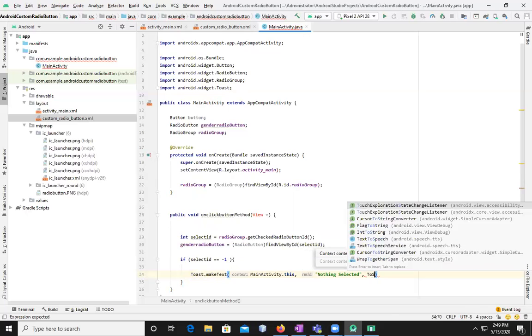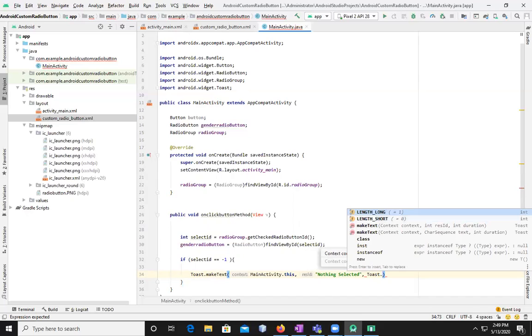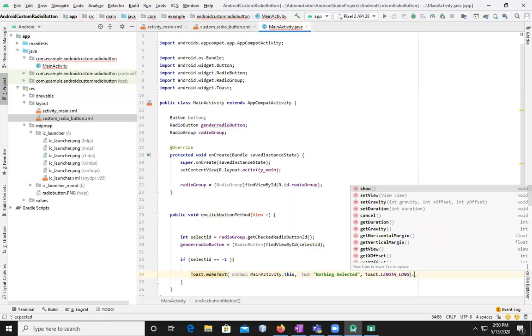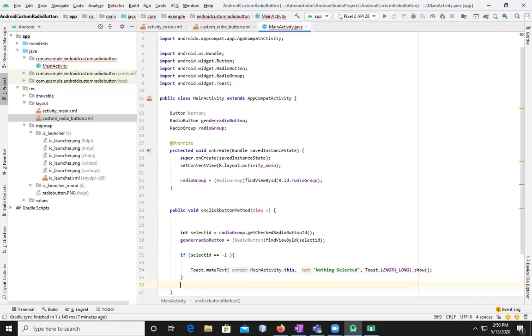And then if you have to choose the time of the toast, we use Toast.LENGTH. If you want the notification to be displayed for a longer time, we can use LENGTH_LONG. Otherwise, we can use LENGTH_SHORT, but I will use LENGTH_LONG. And then bracket close, dot show is a method which is going to display that. That's it. Else,